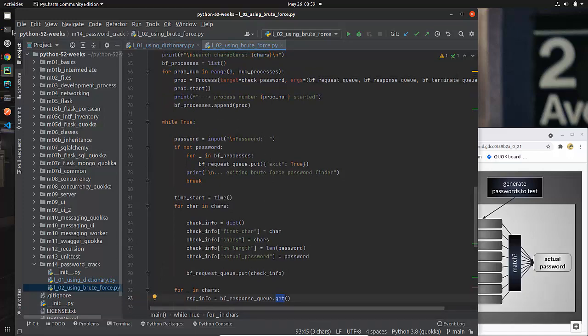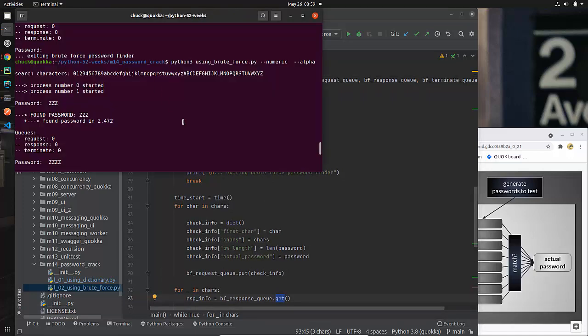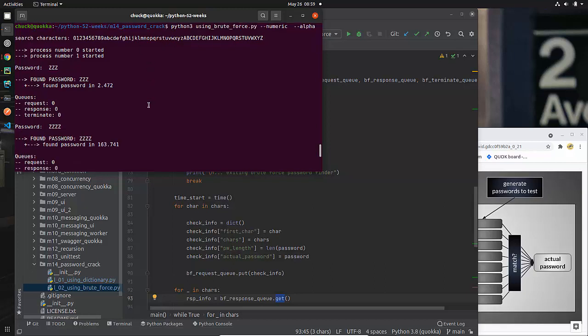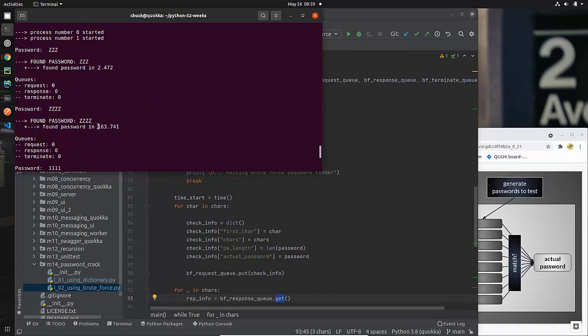So that was the code. We looked at how it actually worked. We saw that something like ZZZ took a fair amount of time because that's at the very end of all of my brute forcing. When I had 4 Z's, then you can see it took 2 minutes and 40 seconds or something like that. And as you may have seen, I'm painfully aware, I actually left the house and came back, and it still hadn't finished when I had 5 Z's.